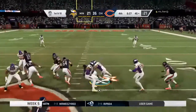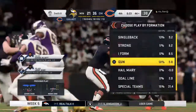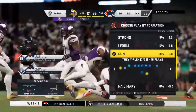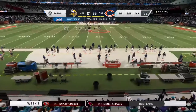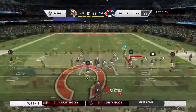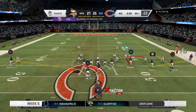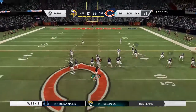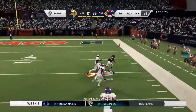A first down carry by Elliott. He'll get only a couple down to the 44. Charles, you said earlier this defense is probably going to need to hold these guys right around 20 or under if they were going to have a chance. It was evident pretty early on that wasn't going to happen. Yeah, they left 20 behind a long time ago in this game, didn't they? It looks like they're headed towards a big, big number. But 20 was the threshold because that kept them in the ball game and kept the pressure off of their